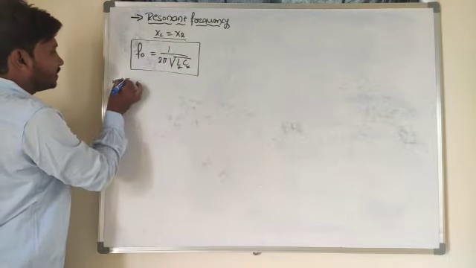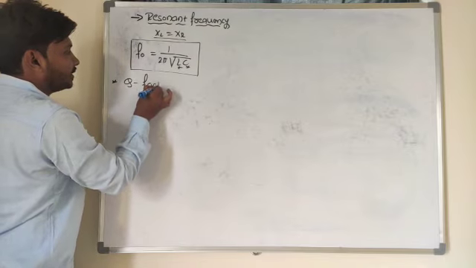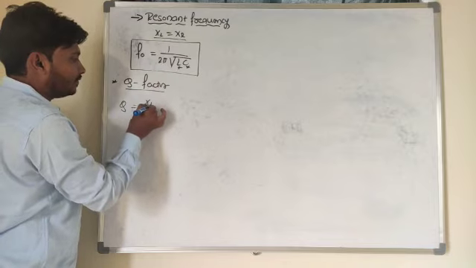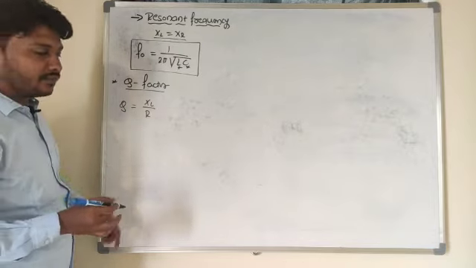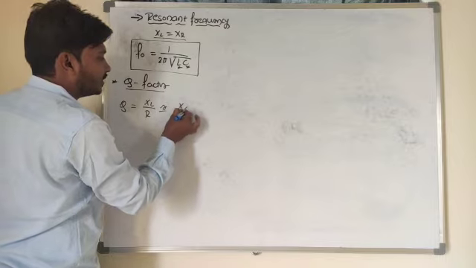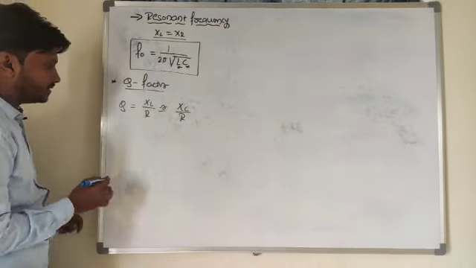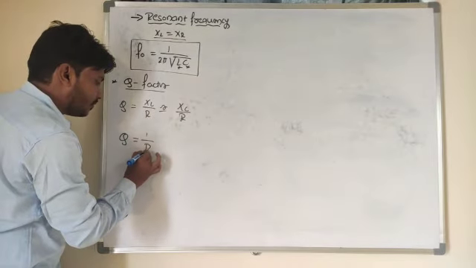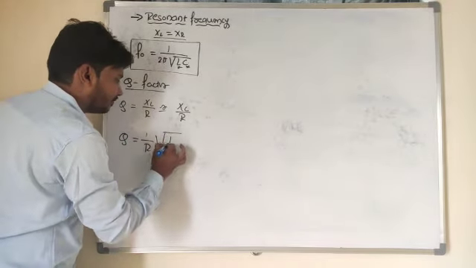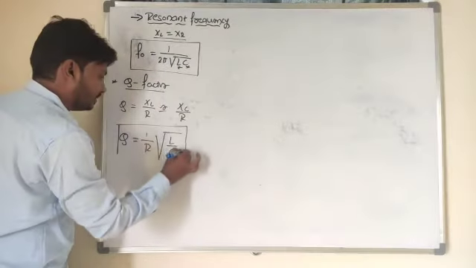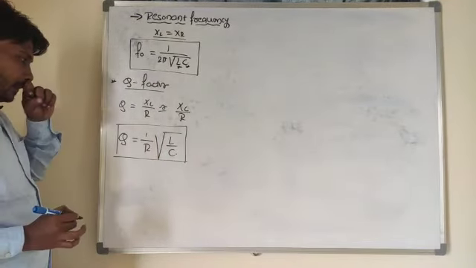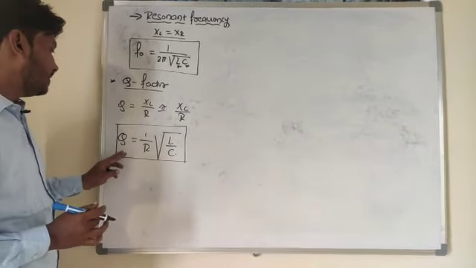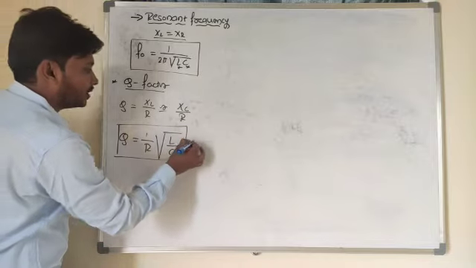So from the resonant frequency we can understand the Q factor or quality factor here. Q factor means it is the ratio of inductive reactance to that of resistance, or we can consider it is the ratio of capacitive reactance to that of resistance. Mathematical expression for Q factor is Q is equal to 1 by R into square root of L by C here. So this is the required expression for the Q factor or quality factor.